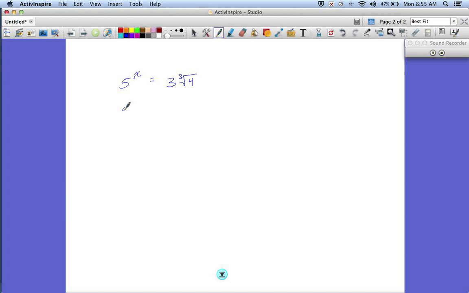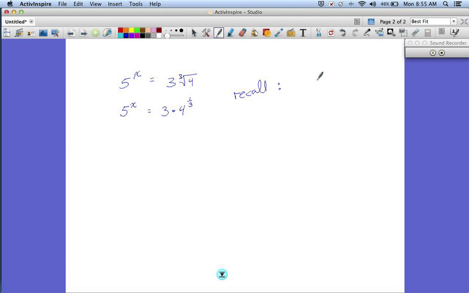All right, well, 5 to the x, you can't do anything with that, so we'll leave it as 5 to the x. And this becomes 3 times 4 to the 1/3. No like bases there either. I've got to get x by itself. So if you recall,